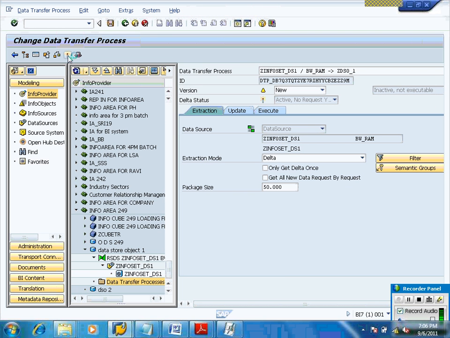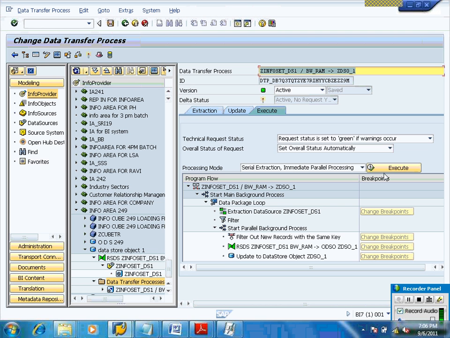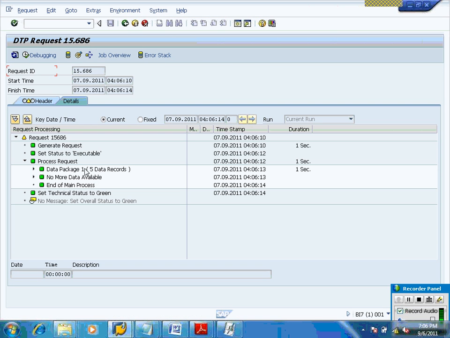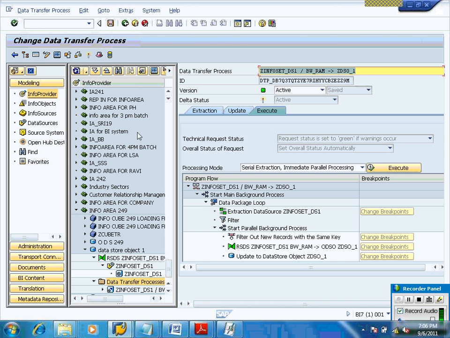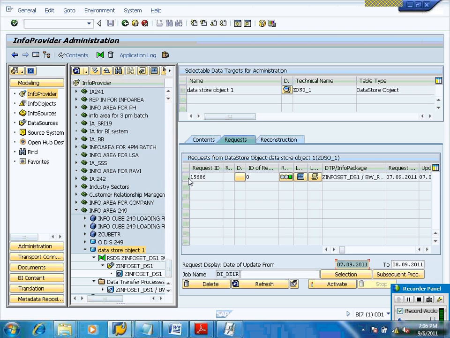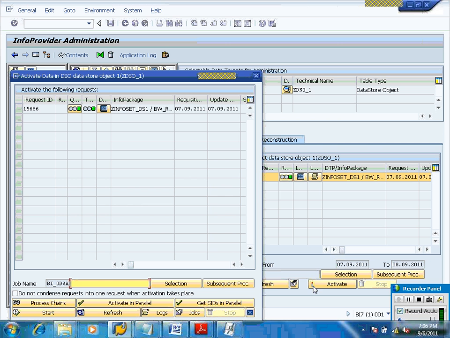Activate DTP and go to execute and click on execute. Now data is transferred into DSO. 5 records transferred into DSO. From that, right click this DSO, go to manage, select and activate.